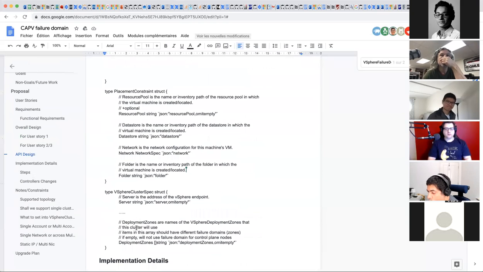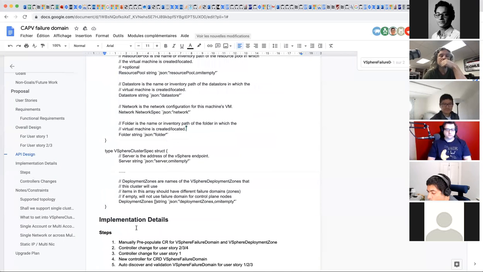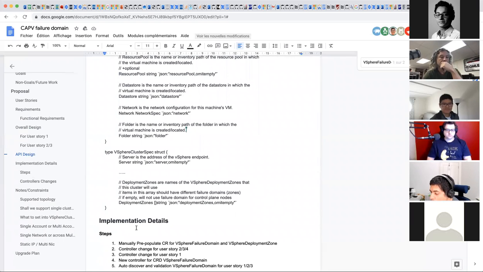Cool. So how do you all feel about this? Do you think that we can start having a POC as soon as we open v1alpha4 in the main branch? Ben, Nadir, Chris. A thumbs up from me. Yeah, that sounds good. I think the sooner that you have a POC, the sooner we can flush out any things which we might have missed here.